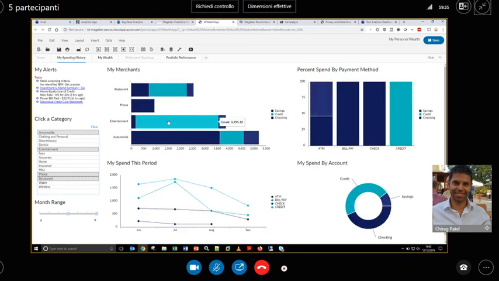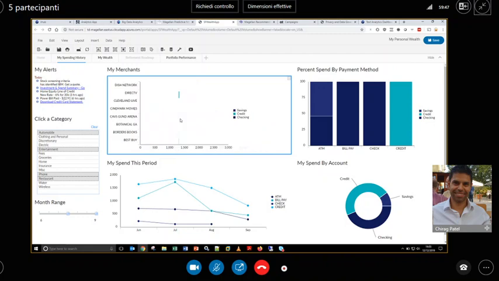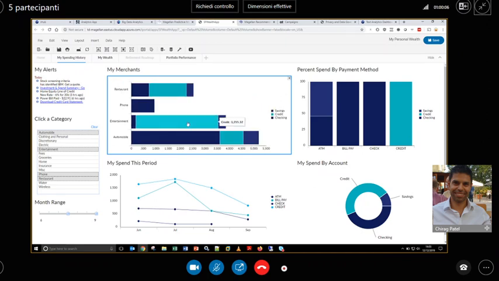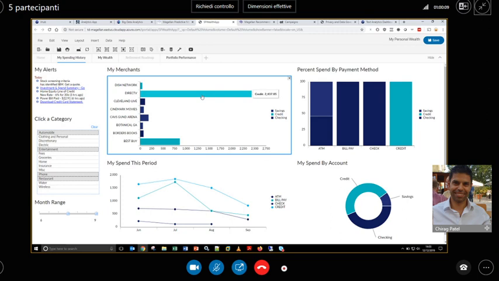We can also drill down on data, so in the same way as when I created the data in the data preparation earlier, but also when you create data in the designer, you can add hierarchies to data. So if I click on the entertainment, it's drilled down to the individual merchants where I'm spending my money on entertainment. It's not showing restaurant spending, it's not showing the car or phone spending, it's only showing me the entertainment now. What we can also do though is I can go back to the higher level again, but